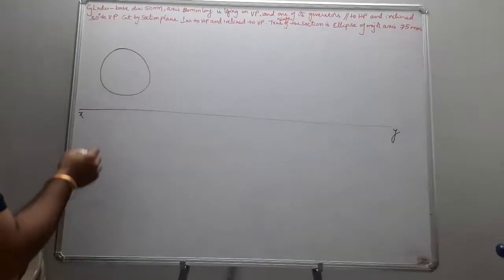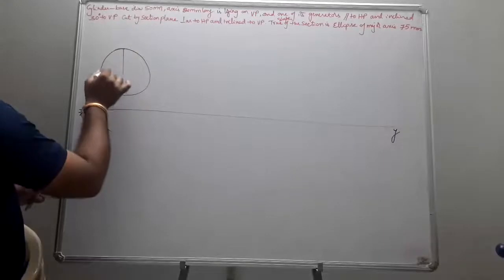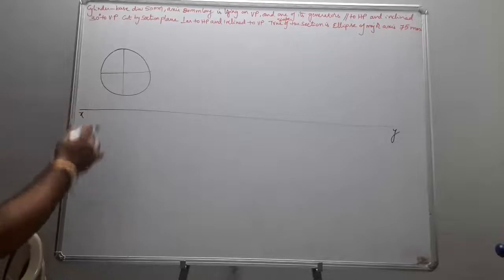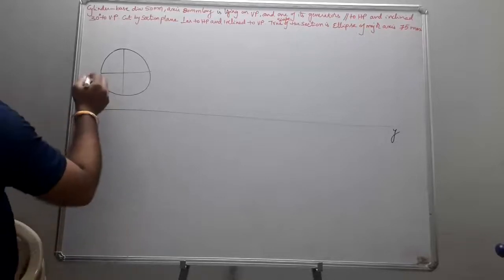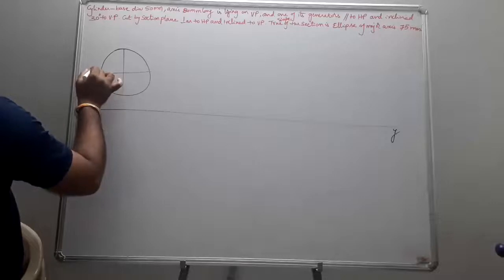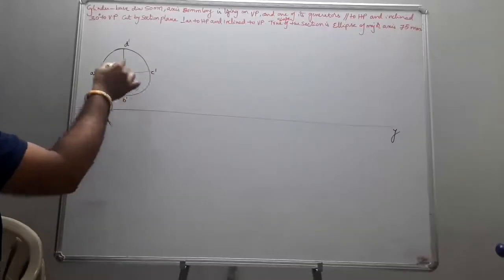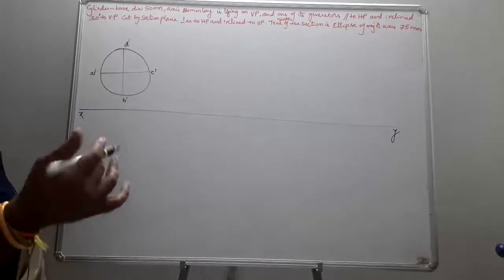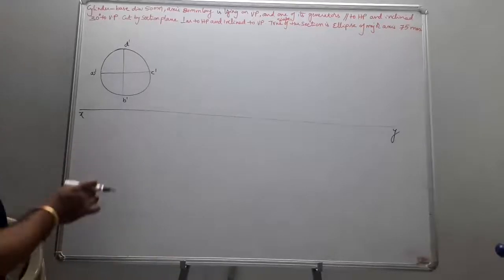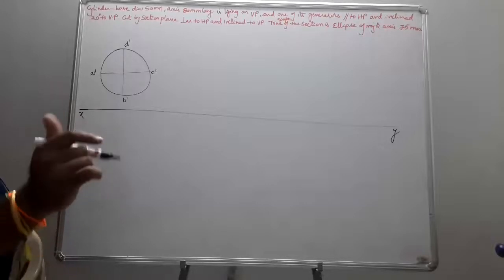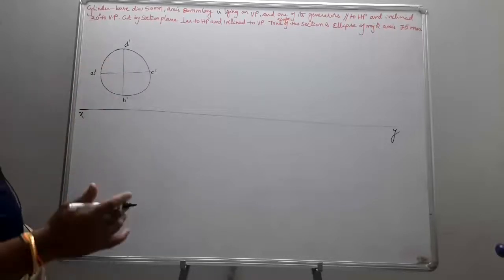Let's consider this circle. I just divide my circle into 8 equal divisions for your convenience. For my easy consideration, I just go for only 4 divisions. Okay, let us see. This becomes A dash, B dash, C dash, D dash. You can take 8 divisions also for obtaining a smooth curve. So for my convenience I just go for only 4 divisions, but you go for 8 divisions. Wherever your division is going to be cut by the section plane, you just consider it as a